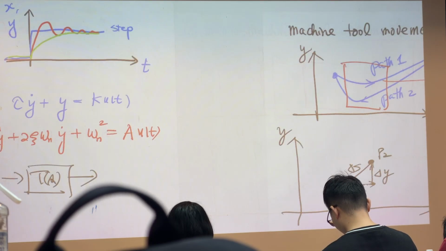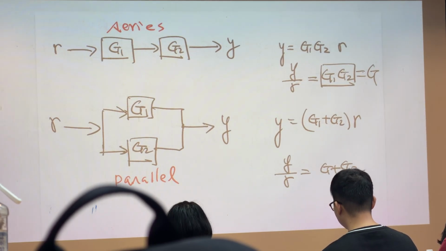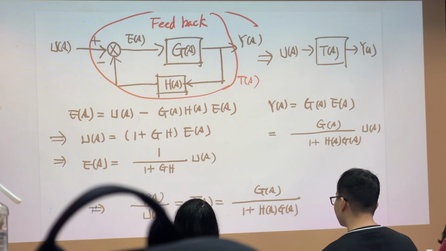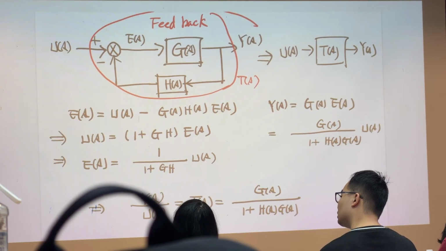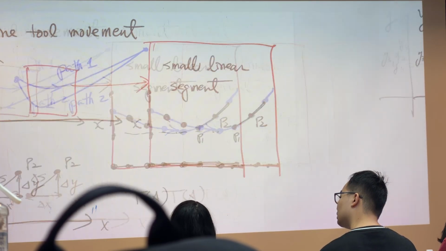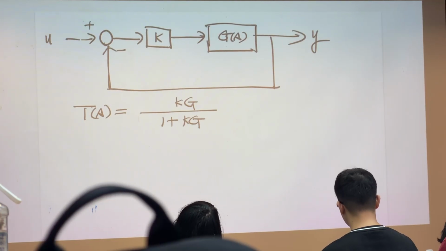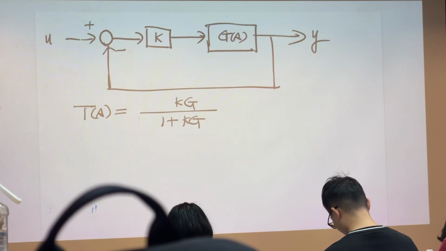So this is according to this, right? If we have KG over 1 plus KG, now K actually